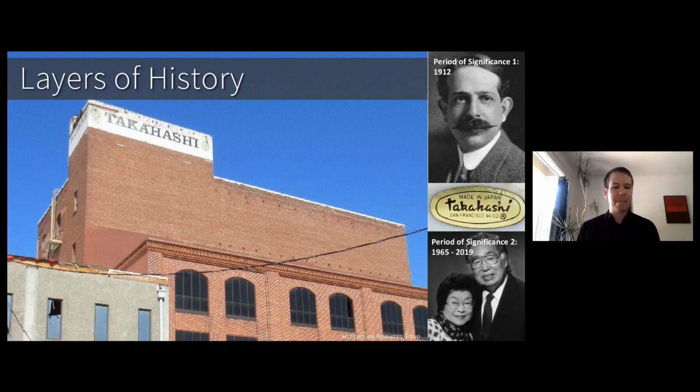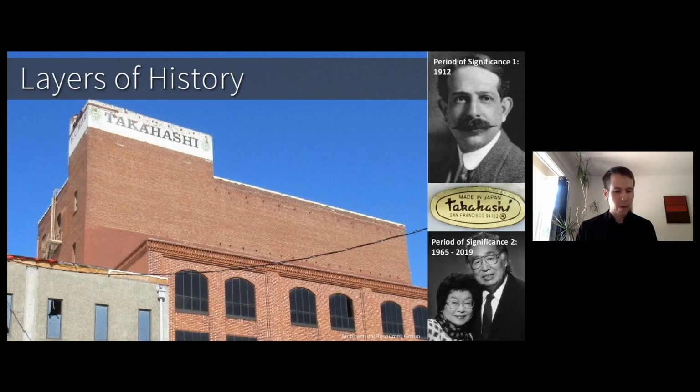When deciding if something is a resource, it's important that we look beyond just the year built, the early context of the neighborhood, and the building's architectural merit. Many sites throughout San Francisco now have layers of history, and later contexts must be explored as well. The example on this slide is a building commonly known as the Takahashi Trading Company at 200 Rhode Island Street, which was constructed in 1912 and is an early example of the work of master architect Albert Landsberg.